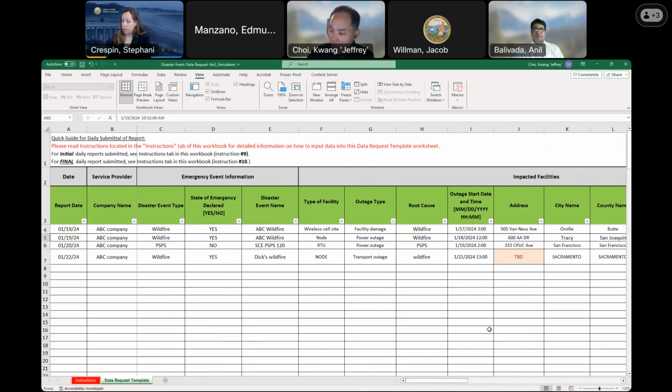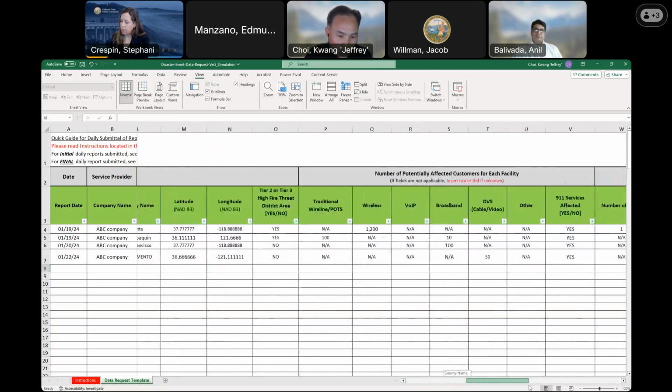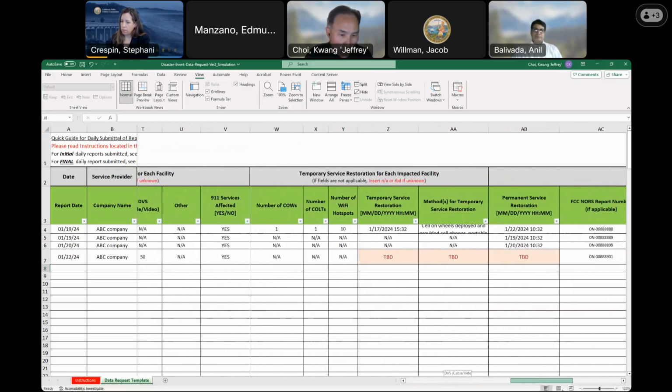Once that is done, we will tell you to stop sending the daily report, and we will treat the last report as the final one. Then maybe you got the address, and then you install it permanently.